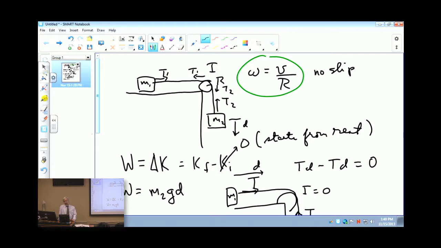And how about the pulley? Uniform rotational acceleration, uniform angular acceleration. So the angular velocity is increasing linearly with time, just like the translational velocity of the blocks is increasing linearly